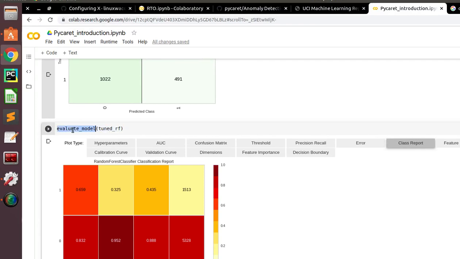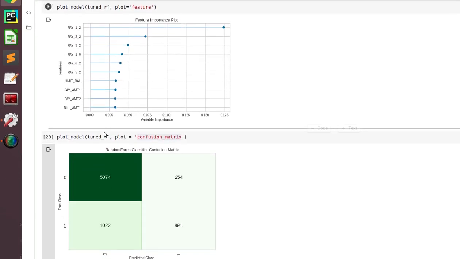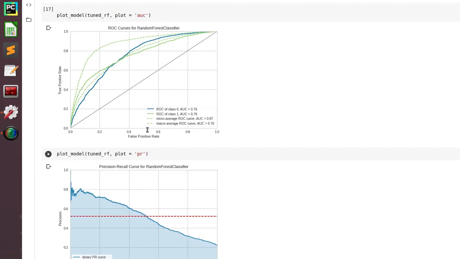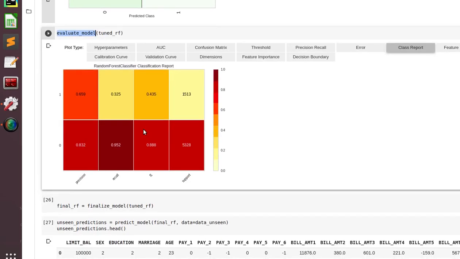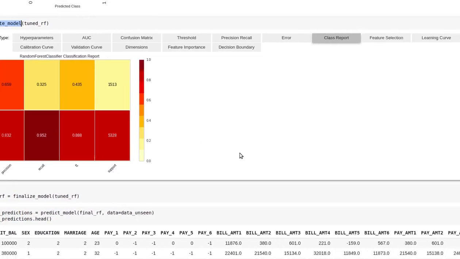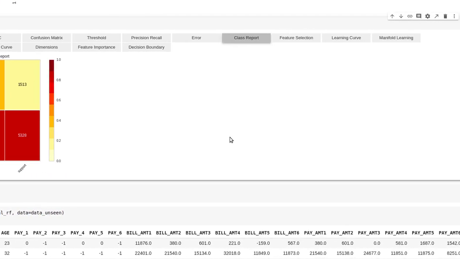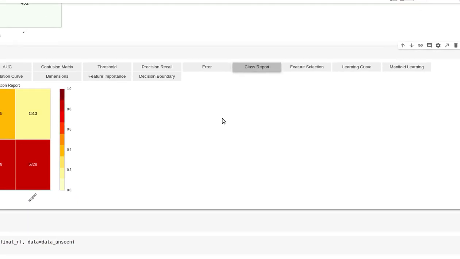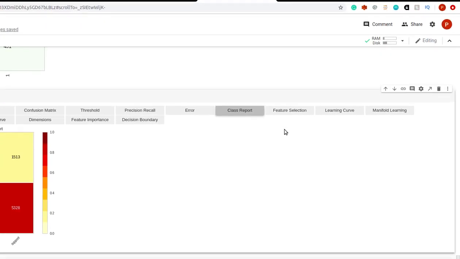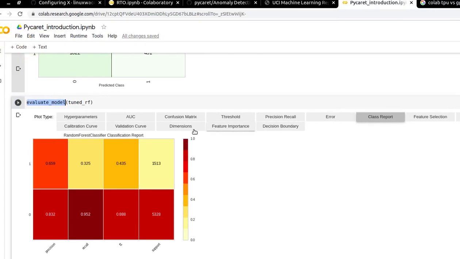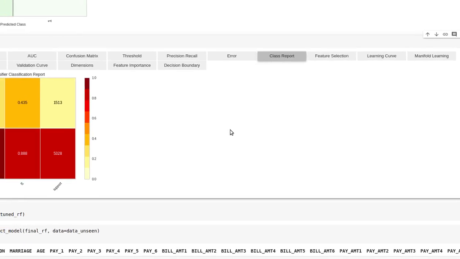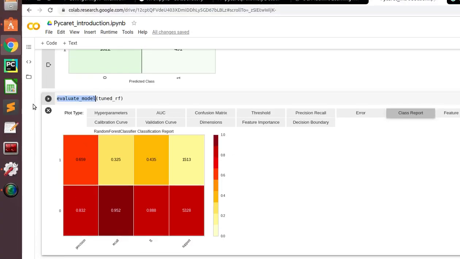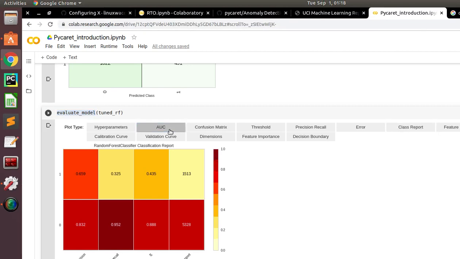You don't need to write plot model again and again for different things. Everything is present. This is, I can say, the best part. I love this part, because if I wanted to see all these things for random forest, I would need to write a bunch of code. But here, just click and you get everything you need.